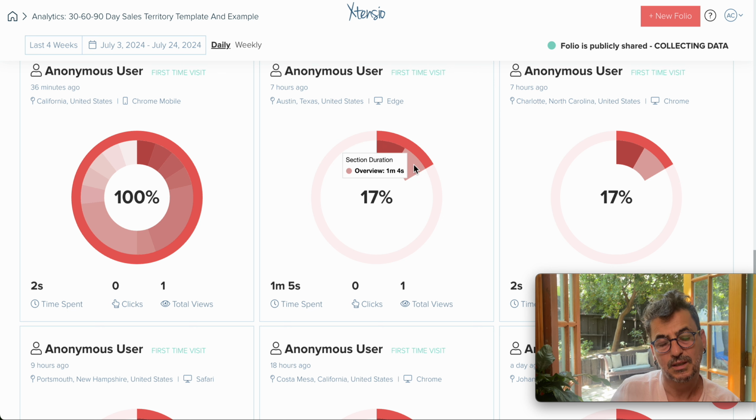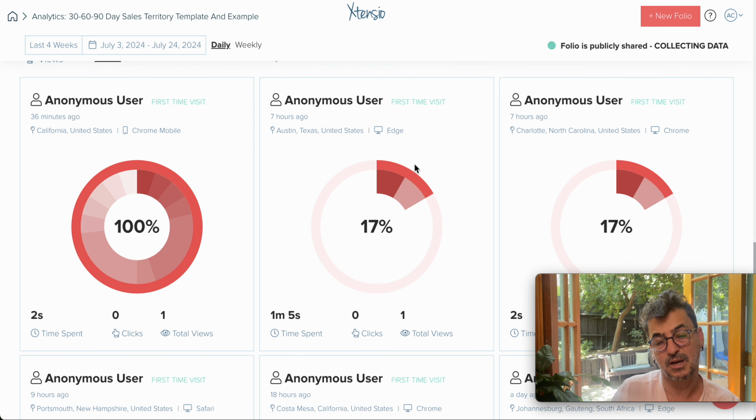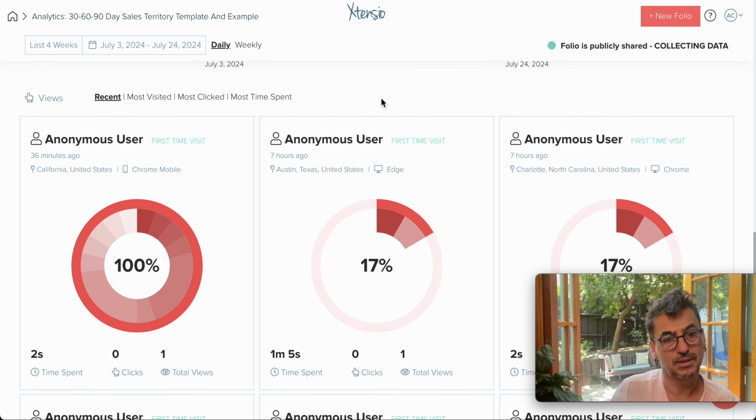each of them. If a user is anonymous, in most cases you'll share a link and that person is not a logged in Xtensio user, you will see that person as an anonymous user. But if you're sharing, let's say, with a team member who's also an Xtensio user, in that case, you would see their name here, so you understand exactly who did what, when they did it, and what they cared about in your document. You're also able to sort these views in different ways as well, so you can see who